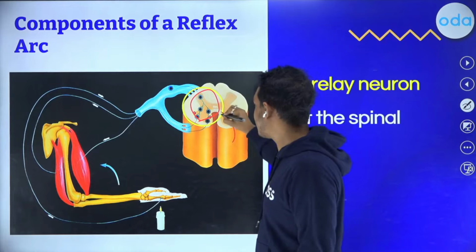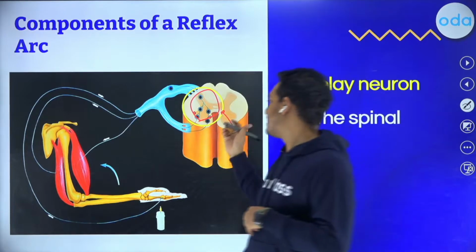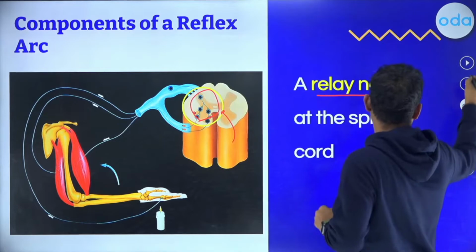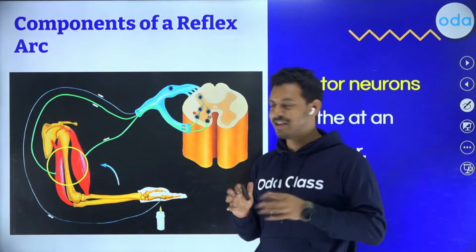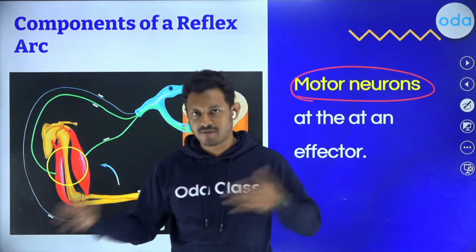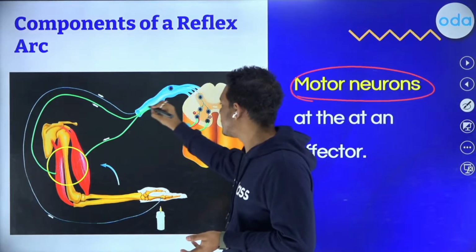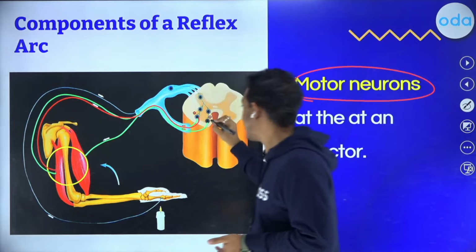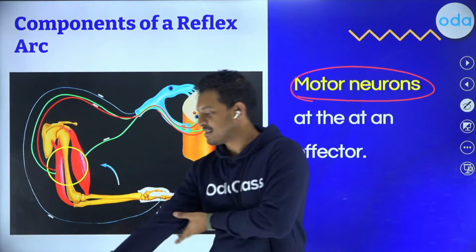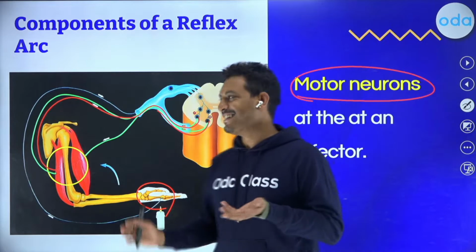The interpretation part is done by the neurons present in your spinal cord, and these are called relay neurons. They just relay the information, that's all they do. The third and last element, also very important, is the motor neurons. Motor neurons allow us to do most of our voluntary actions. After the information has been received, these motor neurons carry it forward to the muscles, front and back, causing me to take out my hand immediately because, well, I'm burning my hand right now, isn't it?